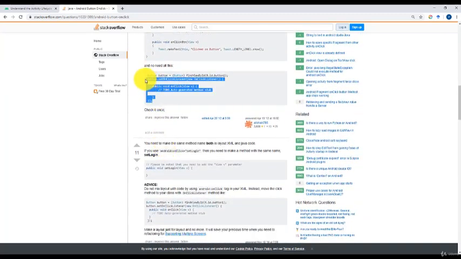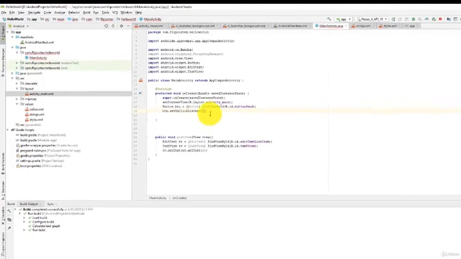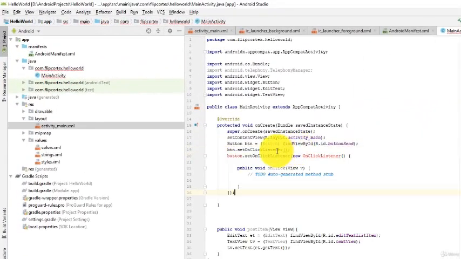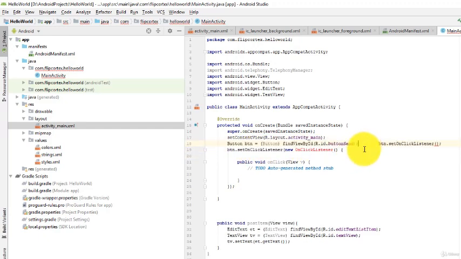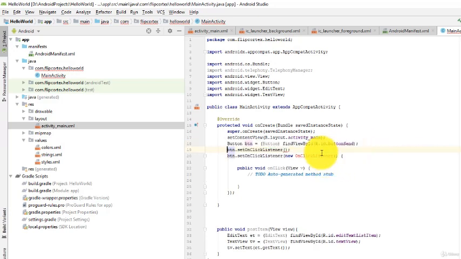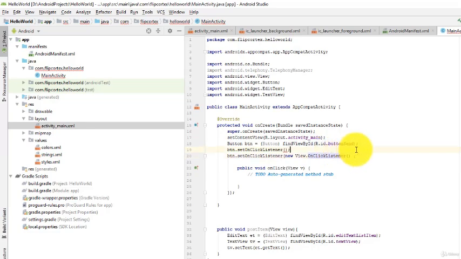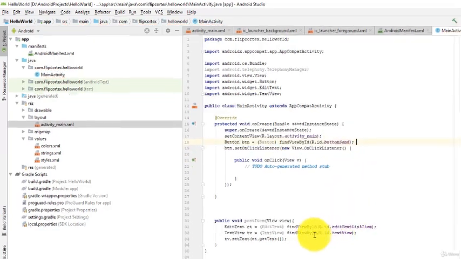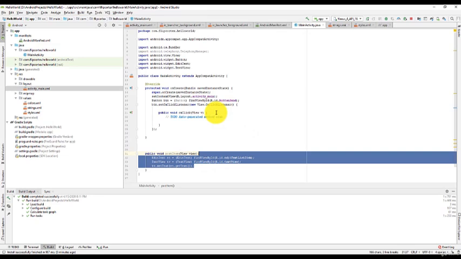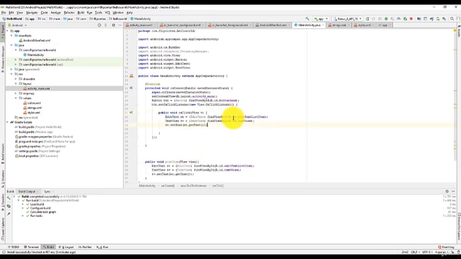There's no need to remember all of the details, Stack Overflow usually has the answer. Then in the onClick function, we just copy the same code as earlier and fix it up a bit. What we have here is we created a button and defined an event handler, telling it onClick, add the text from the edit text to the text view.